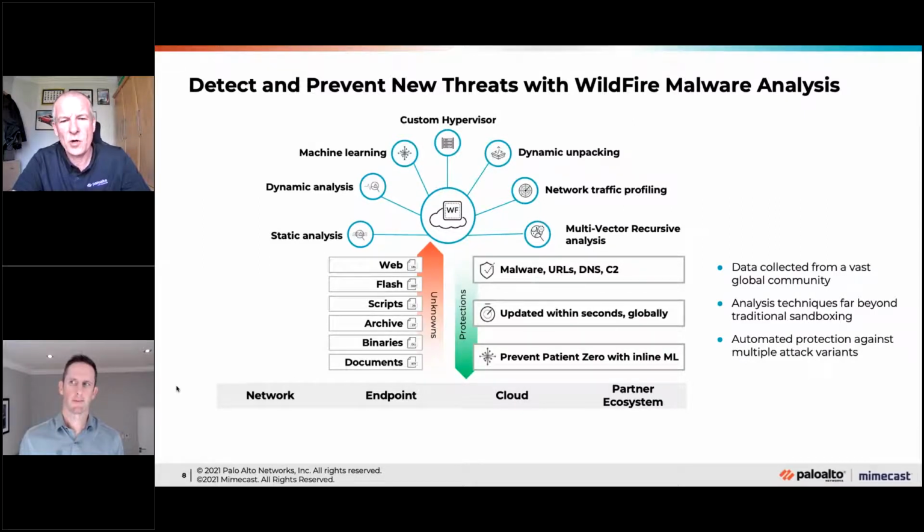Basically, it takes feeds from network, endpoint, cloud, and partner ecosystems, for example Mimecast, and allows files to be passed up to the Wildfire Threat Intelligence Cloud, at which point we will explode those and analyze what behavior that file or that script, or whatever it may be, exhibits and what we expect from that.